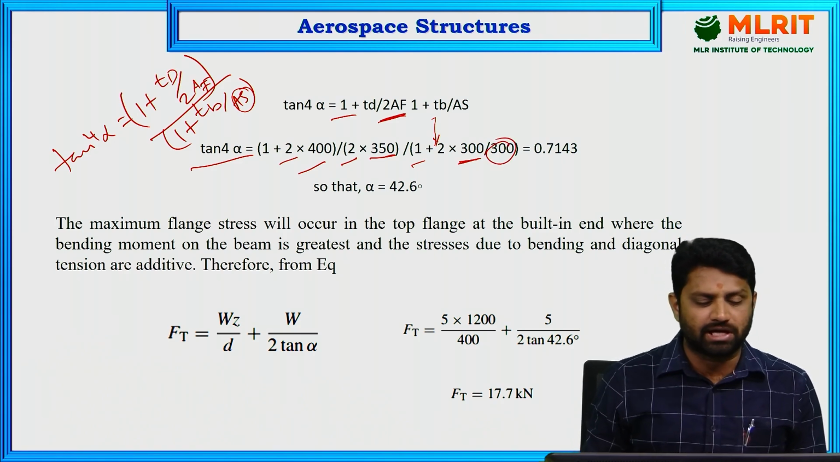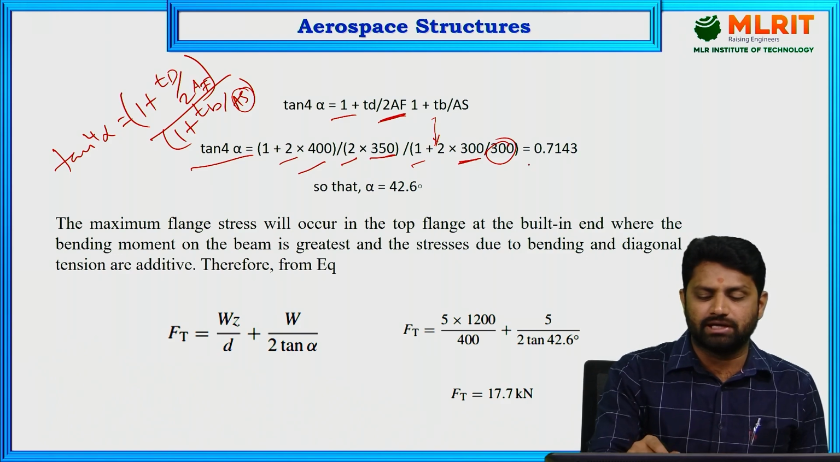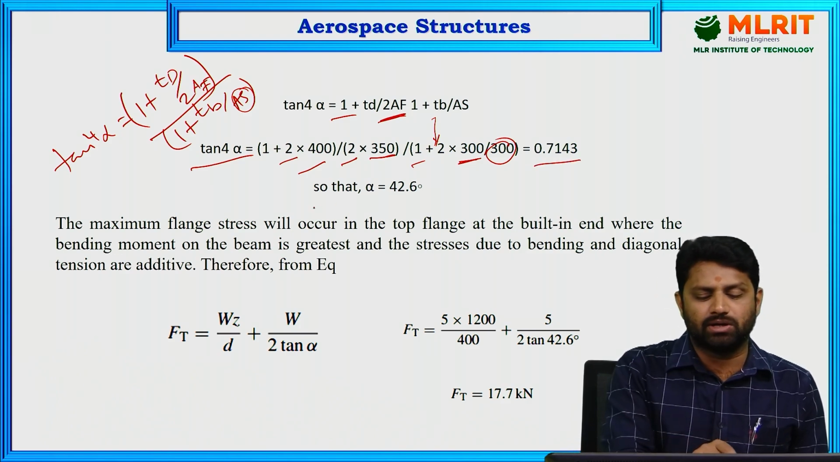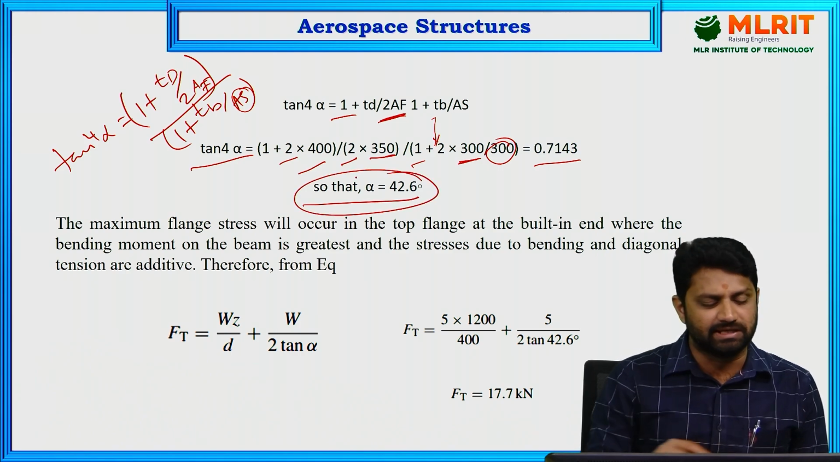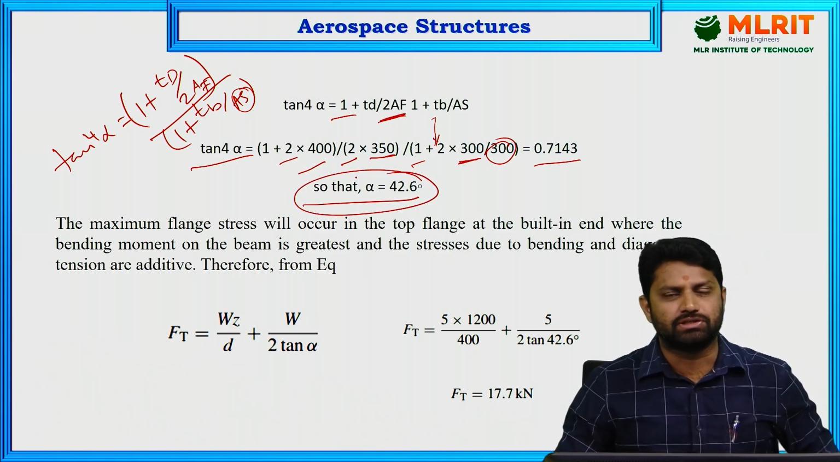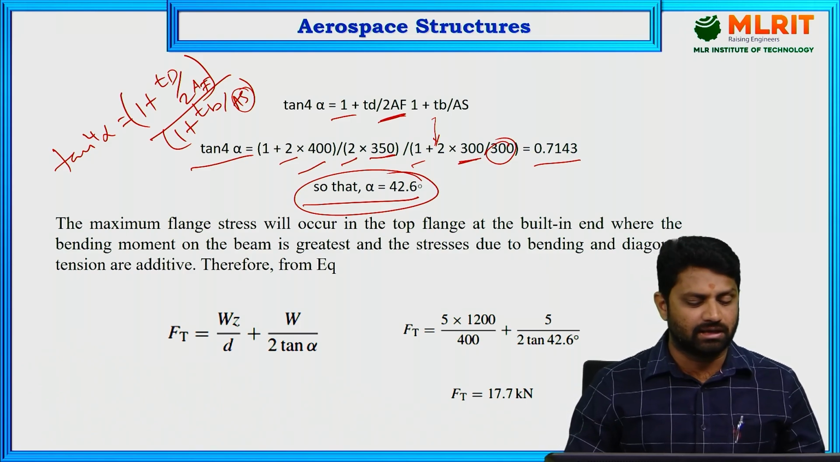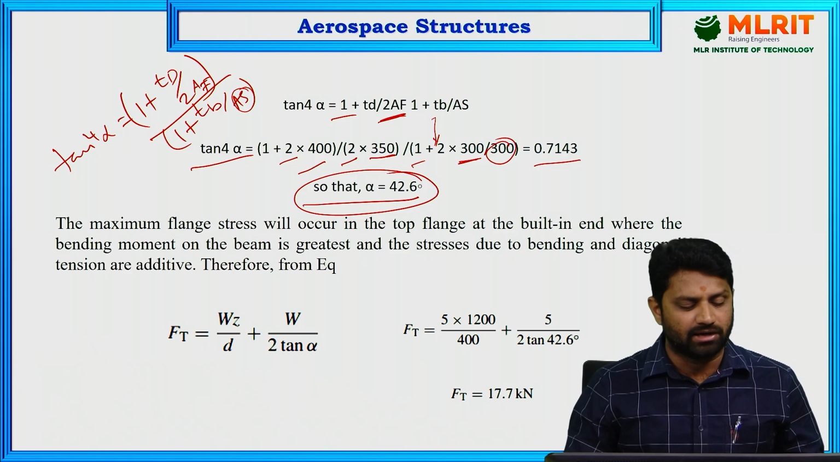And when you try to calculate, you are going to get tan power 4 alpha equals 0.7143, so that you can find out the value of alpha, that is equal to 42.6 degrees. So first starting with the diagonal tension angle alpha, which we needed to calculate,